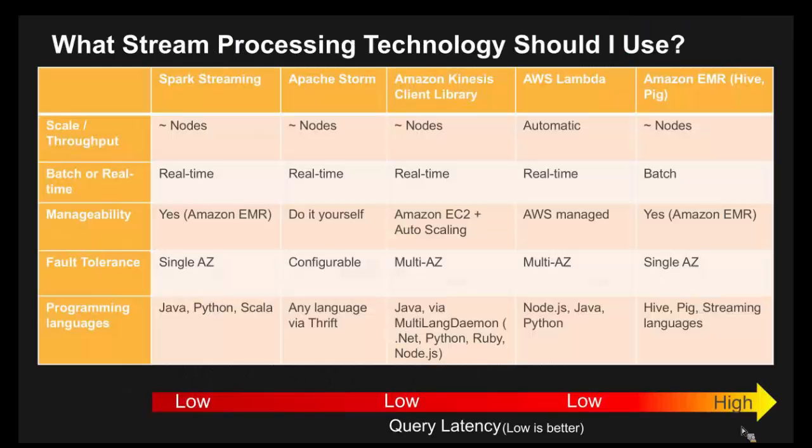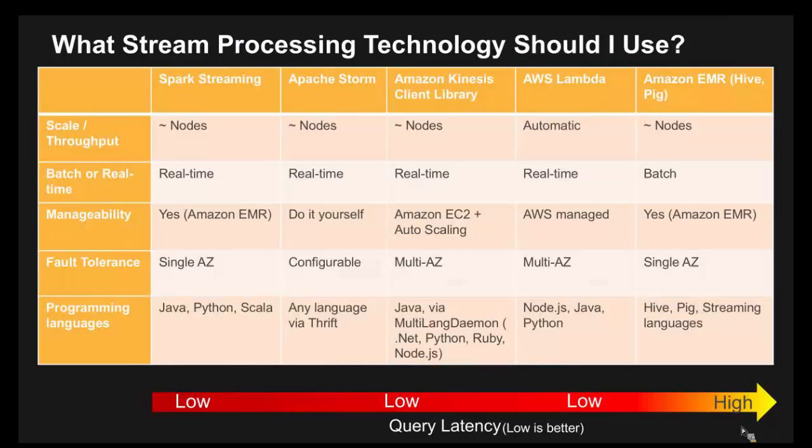So what stream processing technology should I use? What I've tried to do is compare and contrast these technologies. I'm not going to go through every single square there, but I'm going to highlight a couple of things. For example, people often forget, when they're dealing with a choice, the fault tolerance of the subsystem that they're building. For example, Spark Streaming is still a single-AZ solution,